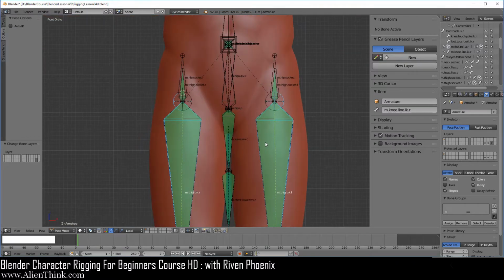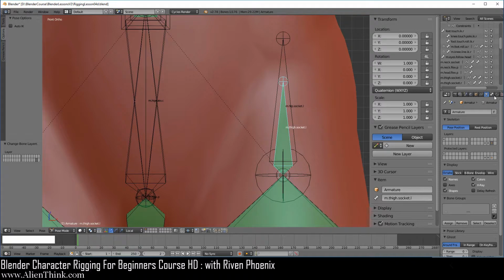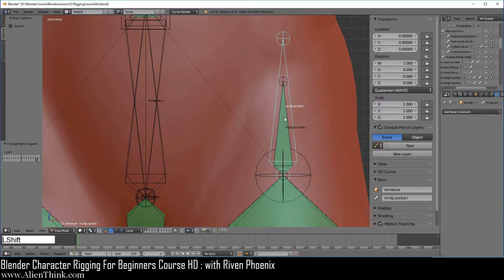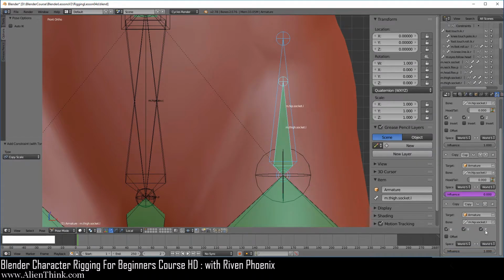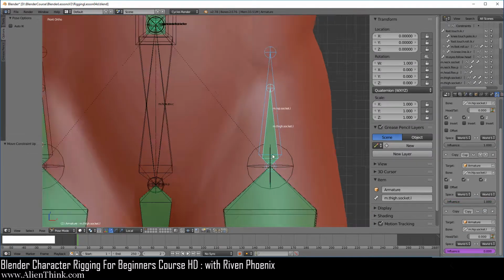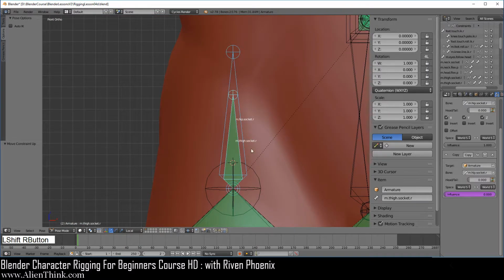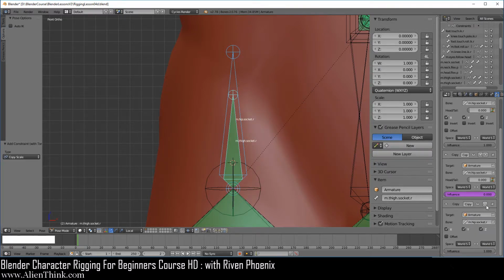Now the last thing that we need to do is go ahead and look at this bone over here, go to the constraints, and you can see that if we scale the figure using the root bone, we don't have a way to scale this bone. So we're going to go ahead and click on this, press the shift key down, click on this one, do shift control C, and here copy scale, and just make sure that this goes up over here. Do the same thing on this bone, click on this bone, press the shift key down, click on this one, do shift control C and do copy scale, and go ahead and move this up.